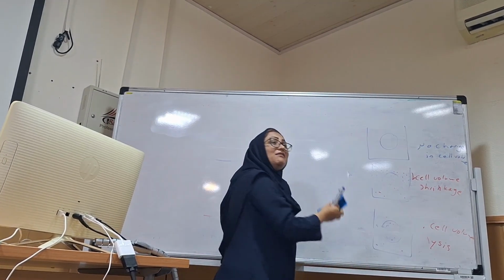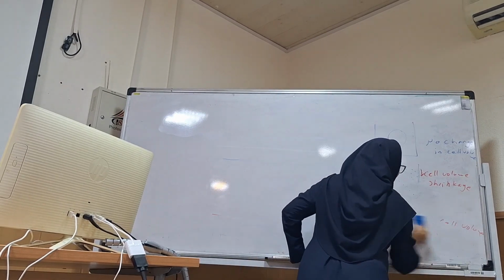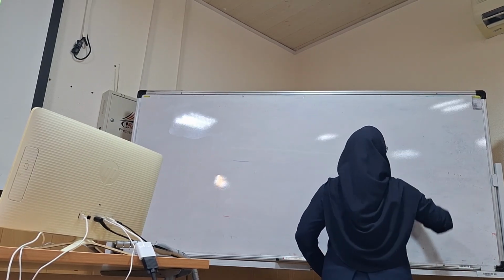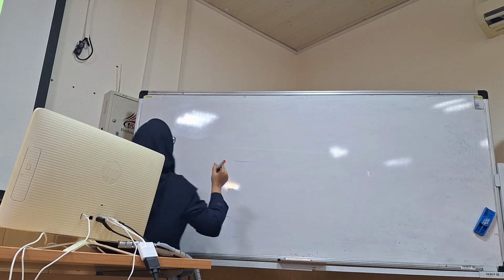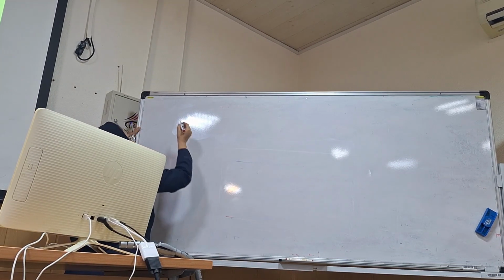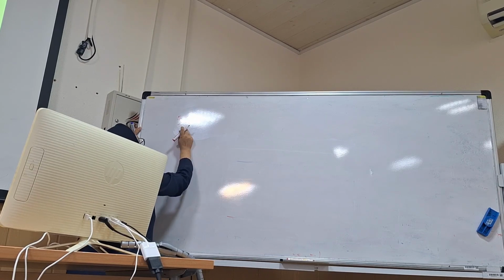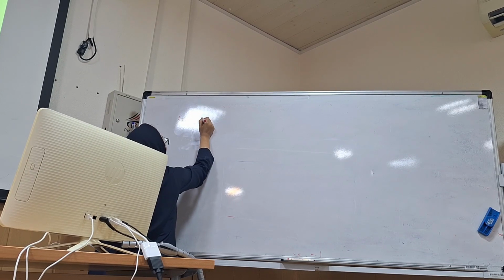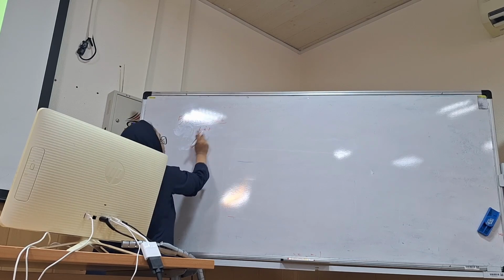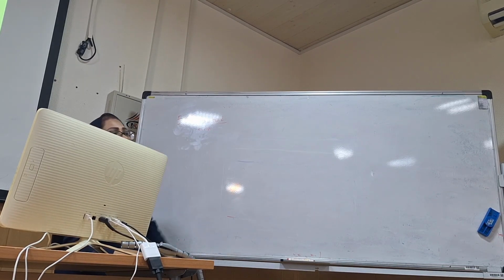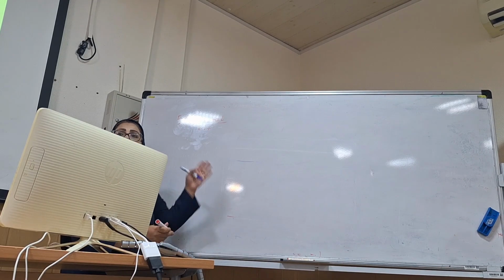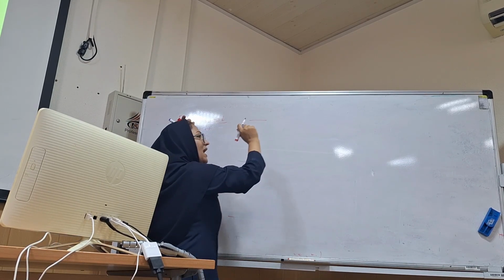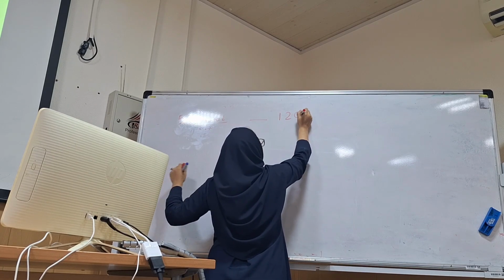Pay attention to this. It is very important, an important subject in renal physiology. Kidneys are able to form urine with osmolarity as low as 50 milliosmol per liter. Below this osmolarity, our kidney is not able to produce urine. And the osmolarity of urine might be as high as 1,200